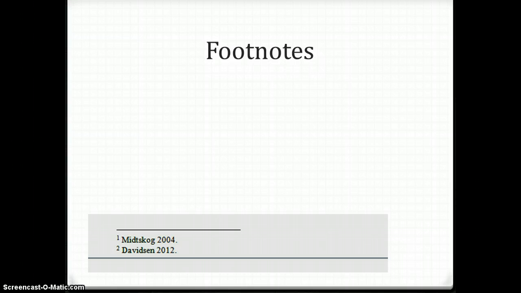Here's how they will look. A footnote is something that refers to your list of sources. Therefore, the only thing you should include in it is the writer's name and the year of publication. This way, if the reader is interested in reading more or checking your sources, he or she can look up the writer and the year in your list of sources and find the full address and other information that